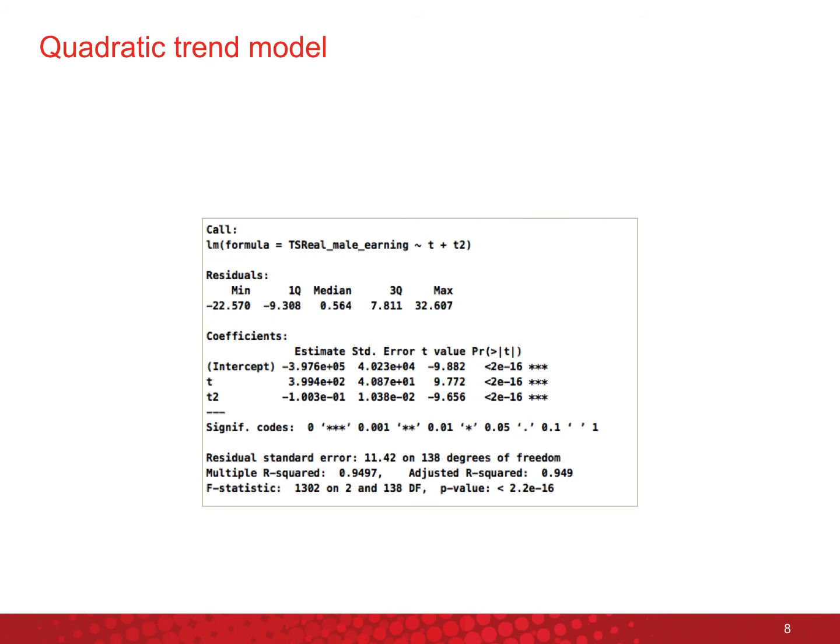A significant regression equation was found in the quadratic trend model with an R-square of 0.949, indicating that 94.9% of the variance in the data is explained by the quadratic model. The p-value for this